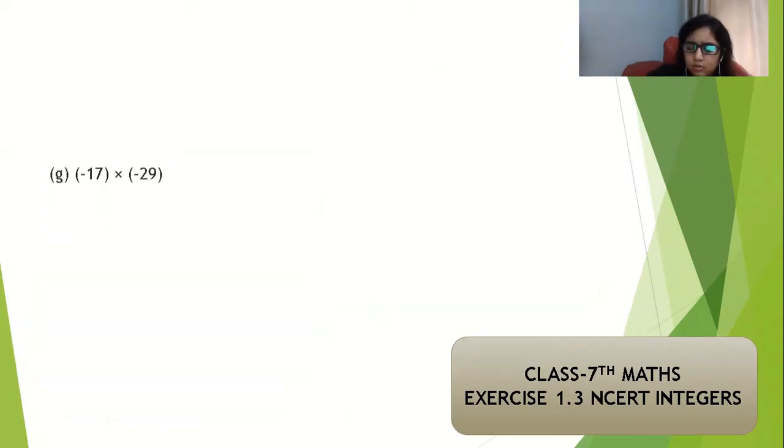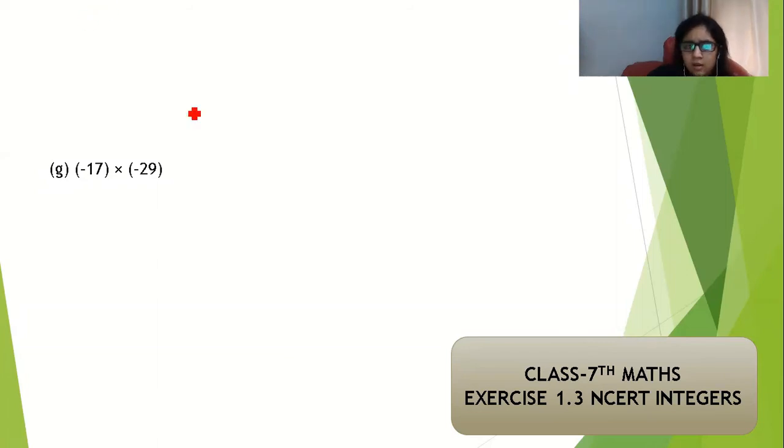So our next part is the G part, and we have to multiply these numbers. Guys, if you see, it is a simple multiplication, we can just multiply 17 by 29 and we will get the answer. But here they have mentioned that we have to use the integer properties, so we are bound to use the properties. So we have to think about all the four properties, what we can apply in this equation to solve this.